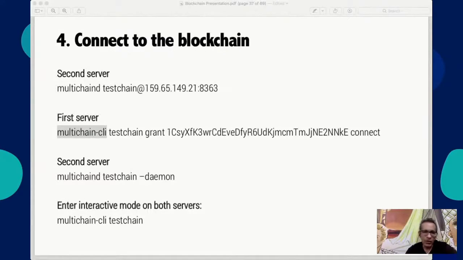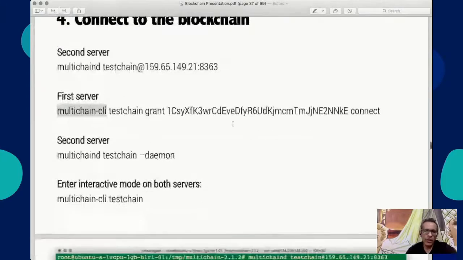Can I request the admin team to put my email address on the chat so everybody can get it? Yeah. So you can later follow the commands here, and once your address is generated, just email it to me. I will then give you permission and you can actually use it.